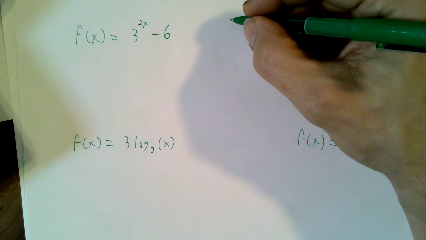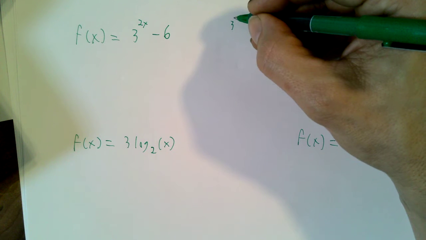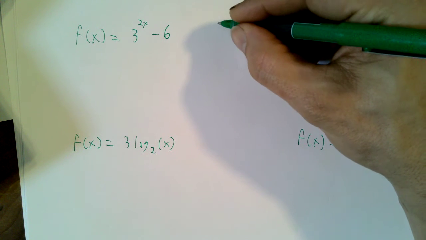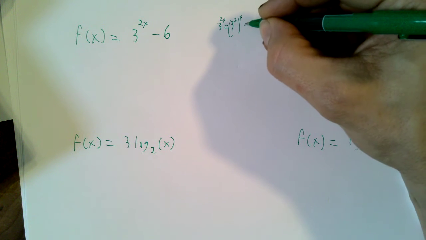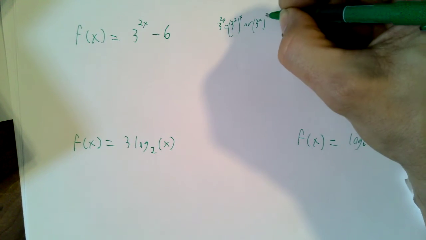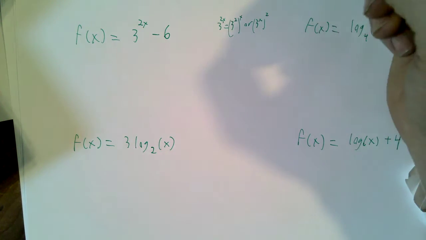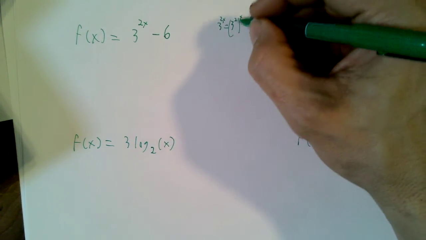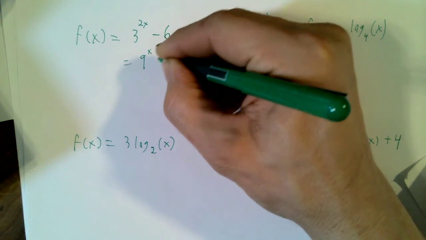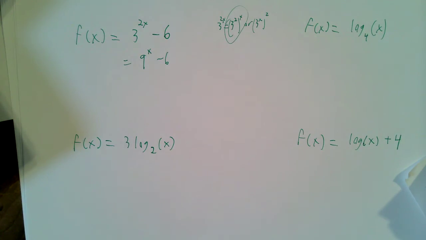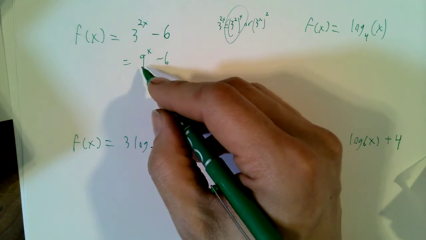Multiplying exponents, 2 times x, that should be the same thing. 3 to the 2x is the same thing as 3 to the 2 to the x, or 3 to the x to the 2. That's the situation in which you multiply exponents. And this is actually the easier way to think about it here. I can rewrite that as 9 to the x minus 6, and then it's just an exponential with base 9